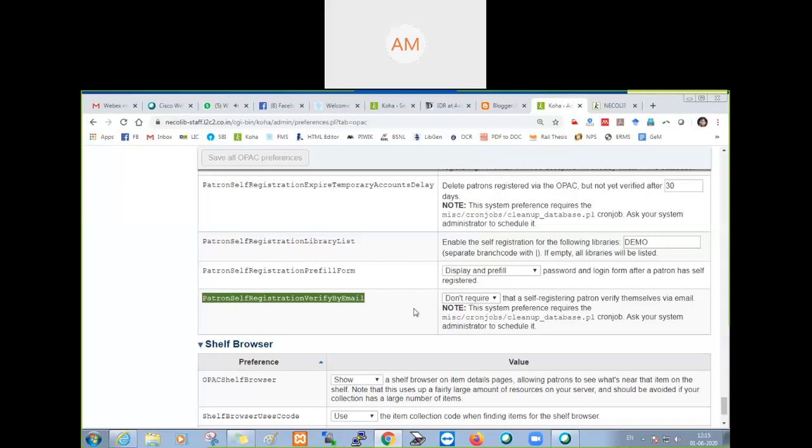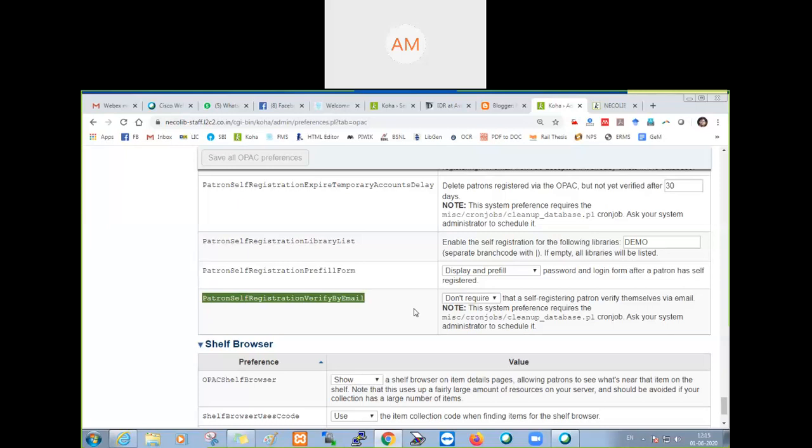You have seen this whenever you register on any portal like Facebook, Gmail or Amazon, where they send an email to your email ID to activate your account. That means they are checking whether the email ID exists and whether you are the original owner of the email.